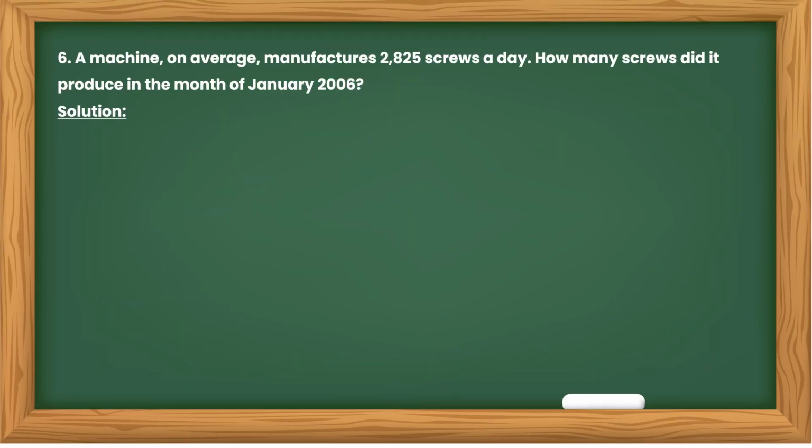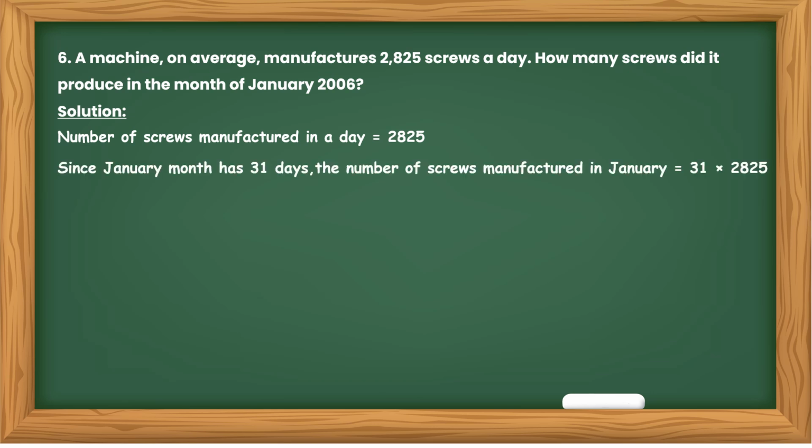A machine on average manufactures 2,825 screws a day. How many screws did it produce in the month of January 2006? So, every day how many screws are being manufactured is given to us. So they are asking you how many it has produced in 1 month. Okay. So number of screws manufactured in a day is equal to